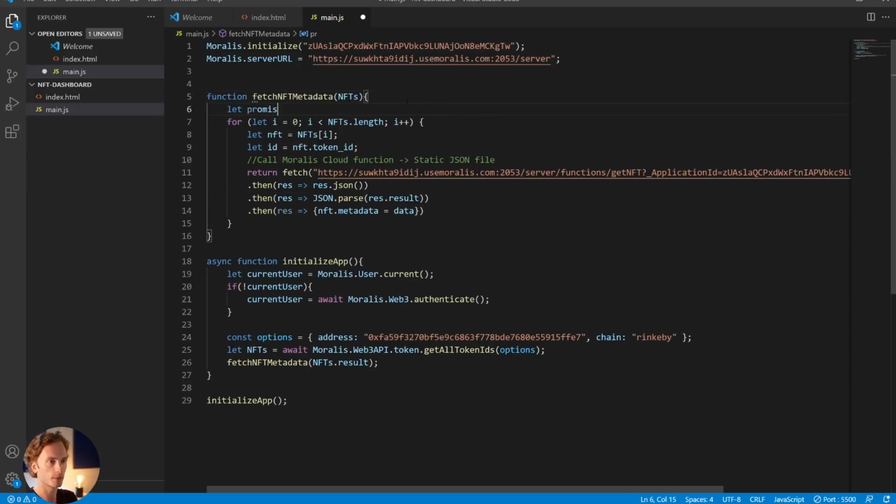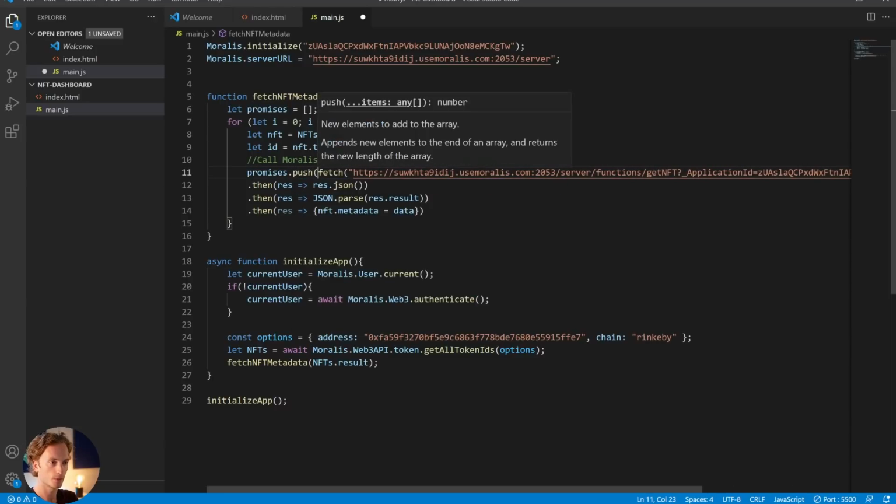So I'm going to create that up here, create an empty array, and then for each one of these for loops, let's see here, is it enough to push this promise? Let's see, can I do this? Promises.push fetch,